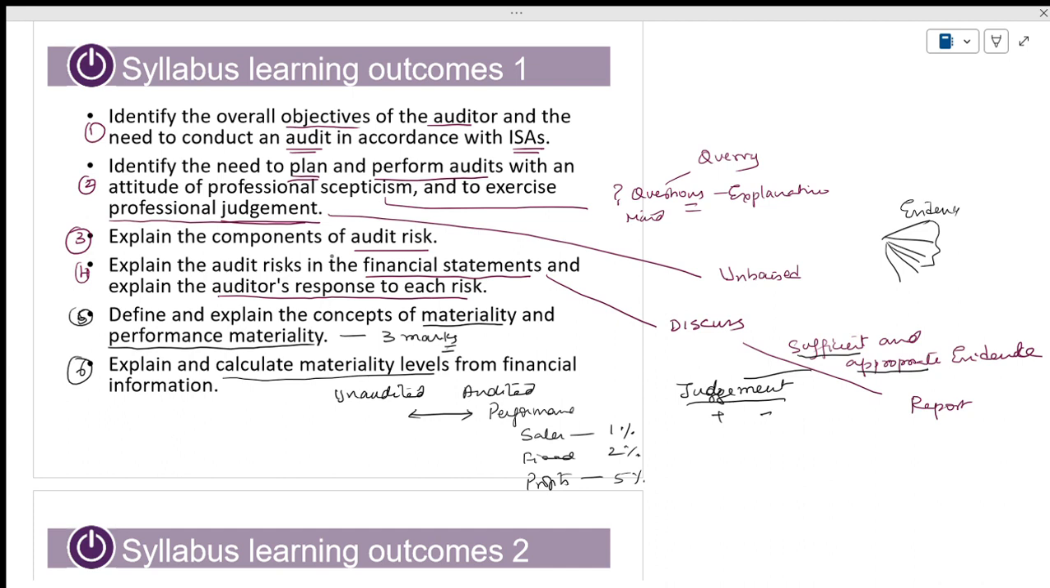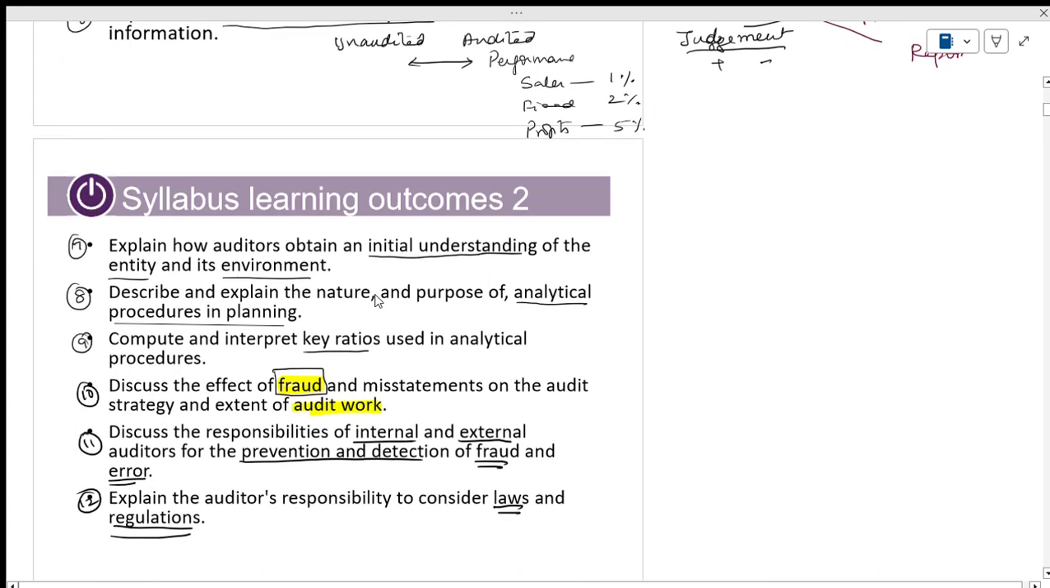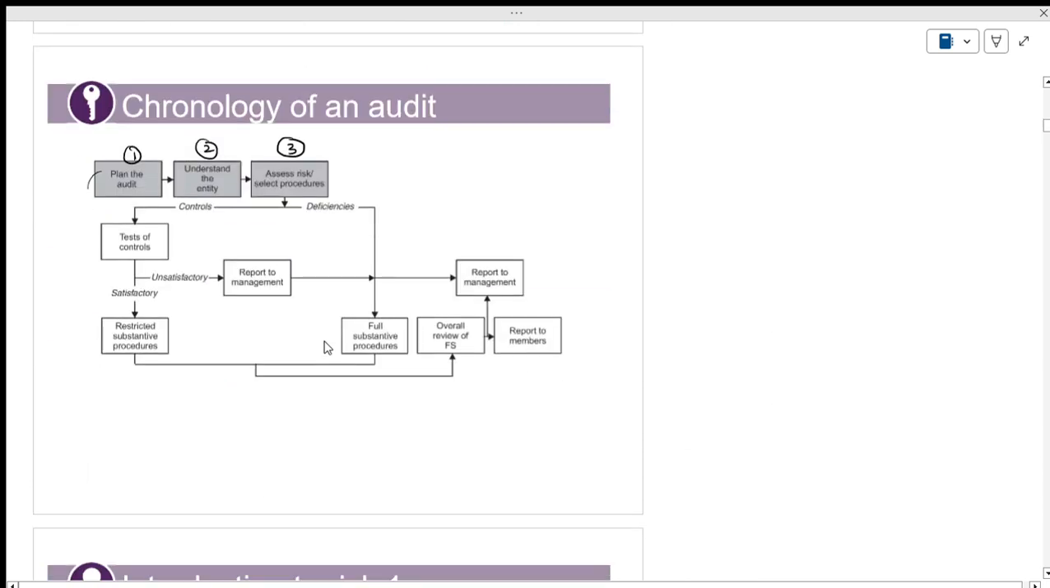When we are talking about the concept of materiality and performance materiality, somewhere we use a few ratios that we have done in financial reporting. And most importantly, the importance of understanding the entity and its environment. Somewhere we will do the analytical procedures, key ratios, concept of fraud, and the responsibilities of internal and external auditors. We have covered this